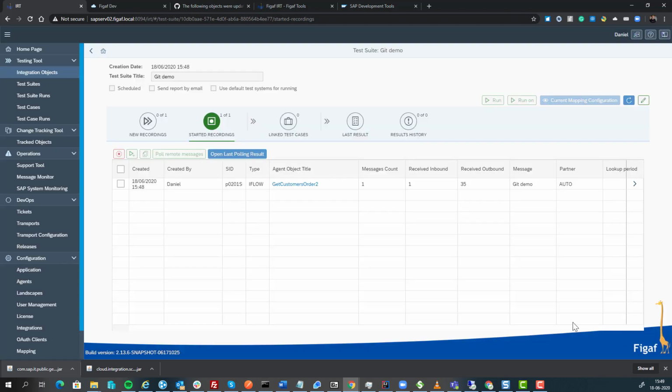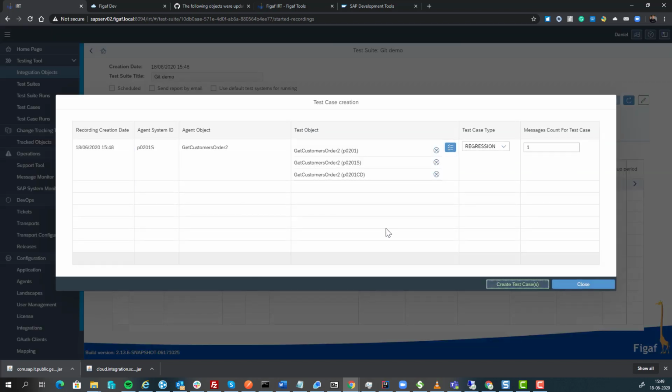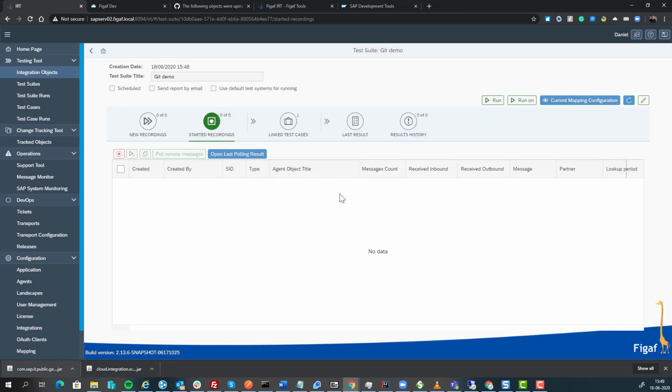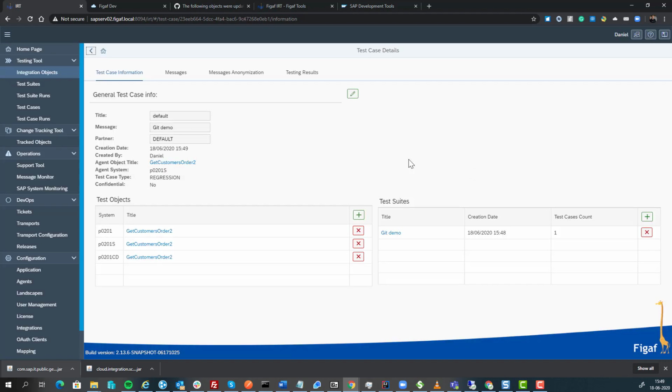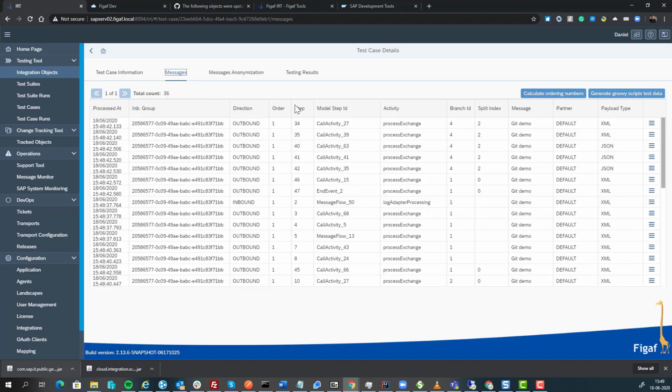So now we can see it's completed. We got a lot of outbound messages, and we just want to create a test case of this. And obviously there's a lot of values and stuff like that you can go around and create with this. So now we have created our Git data, and what we can do is we can then generate Groovy script